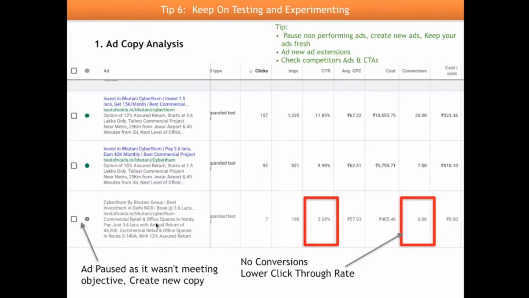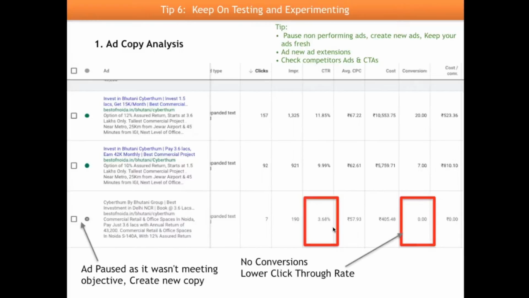All right. So they all look pretty similar, but only 2 out of the 3 were getting the clicks, because if you see the CTR here, it was very bad. It's 3.68%, here 9.99% and 11.85%. So see, it's not about whether 3 is a bad number, or 5 is a bad number, or 6 is a bad number. You have to clearly see the outlier here. 11 and 10% is almost the same. This is 3, this is too poor.